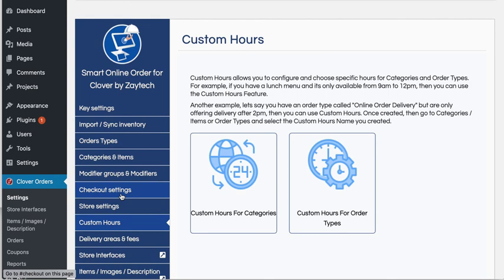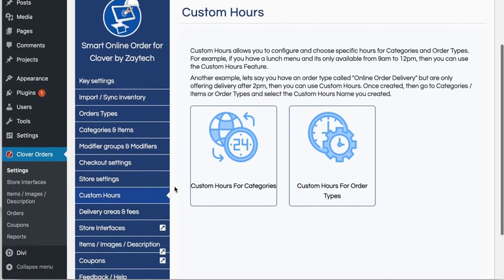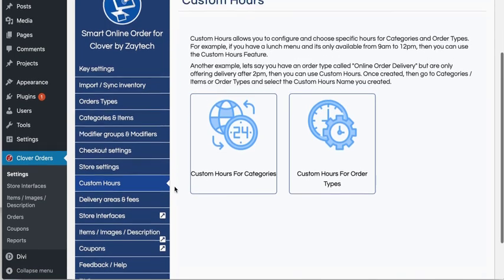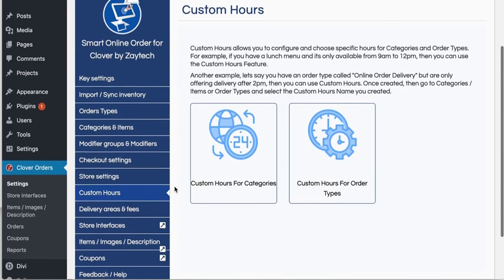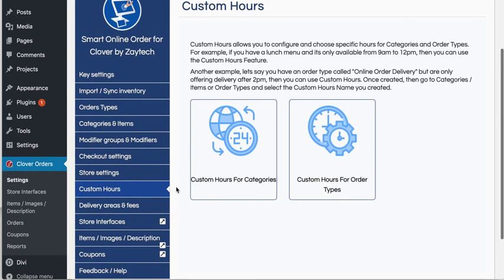So as you can see, the new update has some really good improvements, new features. We're always updating. You guys have always given us feedback, and we use your feedback to improve the plugin every time we get enough people telling us the features they want. We add those features. So as of November 2019, this is what the newest plugin has, and I hope you guys continue using it and enjoy the features. And feel free to reach out to us, email us, let us know what we can